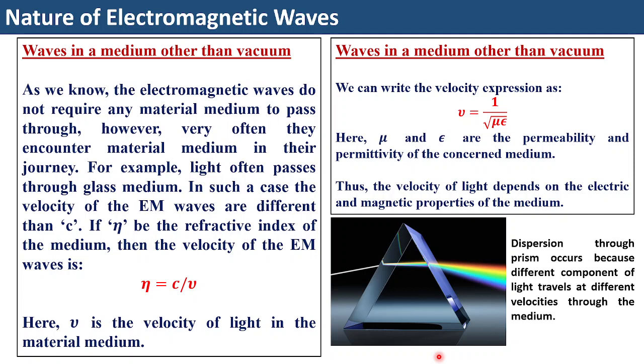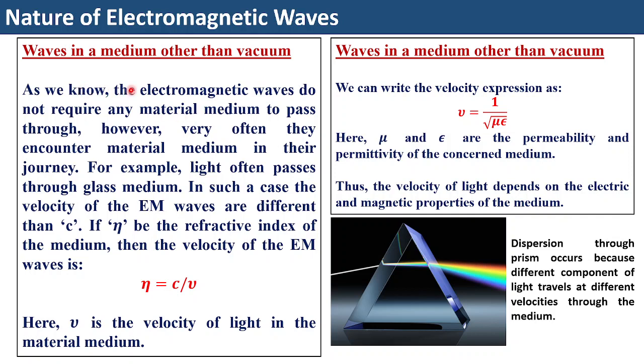So opaque is a term which is very specific to a class of electromagnetic wave. Something which is opaque to the visible range of electromagnetic waves may not be opaque to others, for example, radio waves or infrared, right? So now let us try to understand what happens whenever electromagnetic waves pass through a